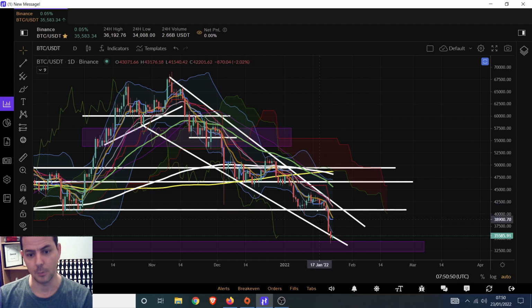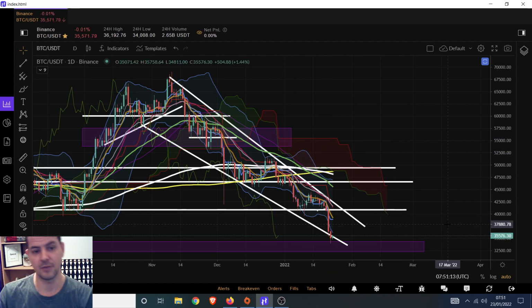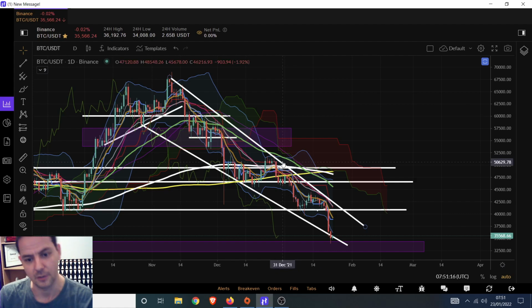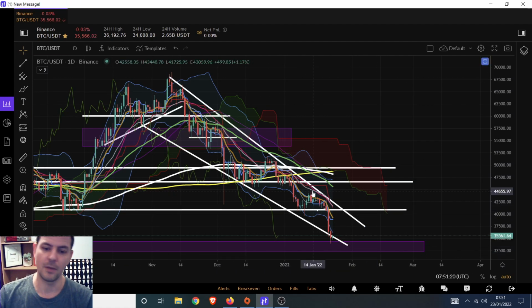I think it's likely that we will come up to test that 10 exponential at some point relatively soon, but what price that would be at the time is debatable because it changes every day, roughly at this steep angle, about $700 to $800 a day. That's quite dramatic, really. It'll tail off as price action tails off. It might even go horizontal, but at the moment it's not that at all. It's like a 45-degree angle. It's pretty nasty stuff. So yeah, we're looking for a bounce on this, and I think the altcoins will also bounce from that as well.